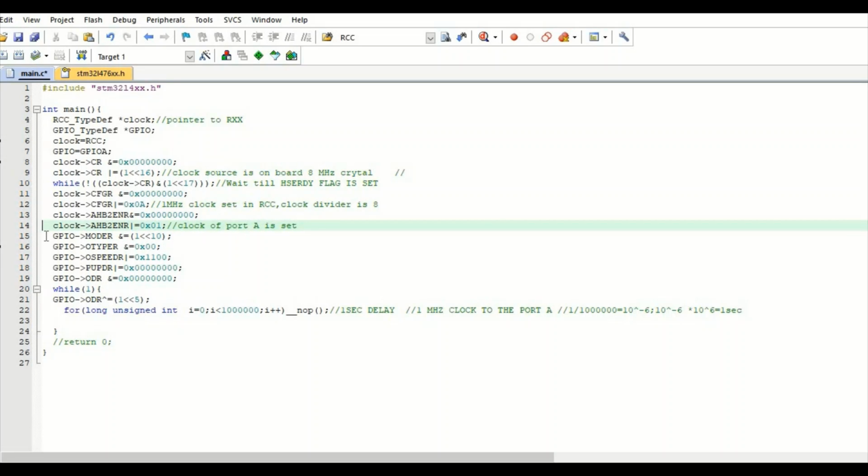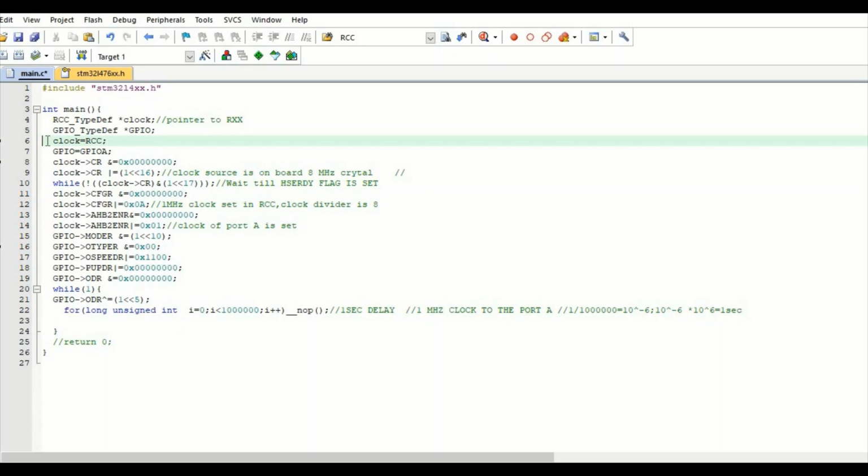Now let's talk about MODER, OTYPER, OSPEEDR, PUPDR and ODR. These pin registers are generally the GPIO registers of the microcontroller peripheral. As we have talked before about the RCC TypeDef pointer, this GPIO is the pointer to the GPIO TypeDef structure.